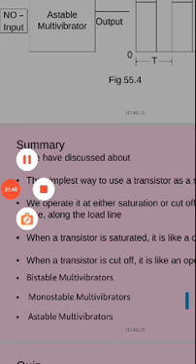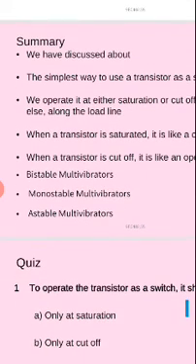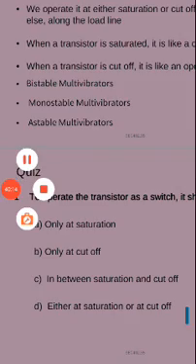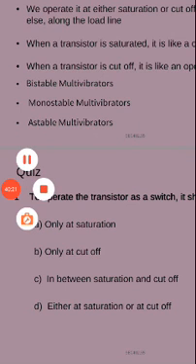And one thing we can say: for a transistor to remain in on condition, we keep it in saturation mode. To keep it in off mode, the operating point should be at cutoff mode. To act as an amplifier, the transistor should be in active mode, then only it acts as an amplifier. So we discuss the next topic in the next class.